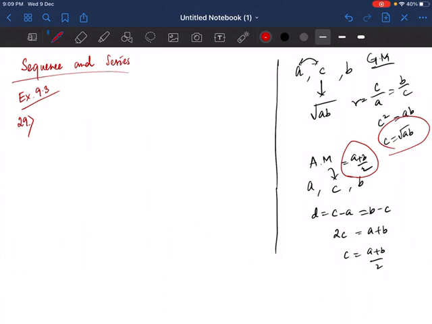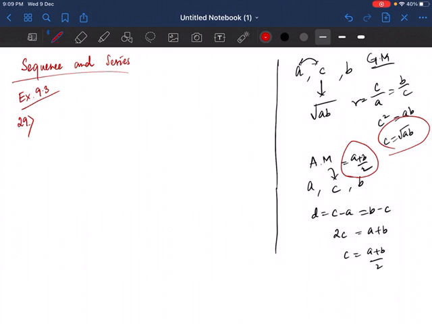So here it says that if A and G be arithmetic mean and geometric mean respectively between two positive numbers, prove that the numbers are A plus minus root over of A plus G into A minus G. First, they are saying that there are two numbers whose arithmetic mean and geometric mean are capital A and capital G. Now we have to prove that the numbers are A plus minus root over of A plus G into A minus G.